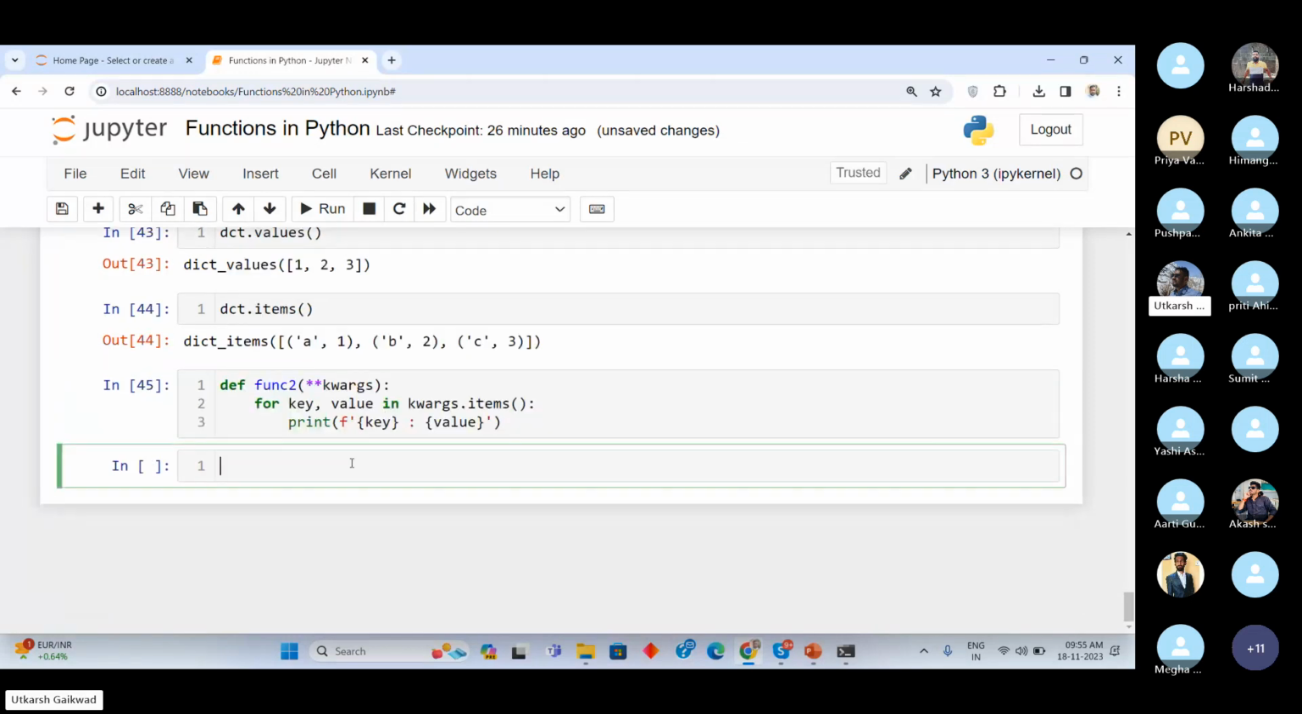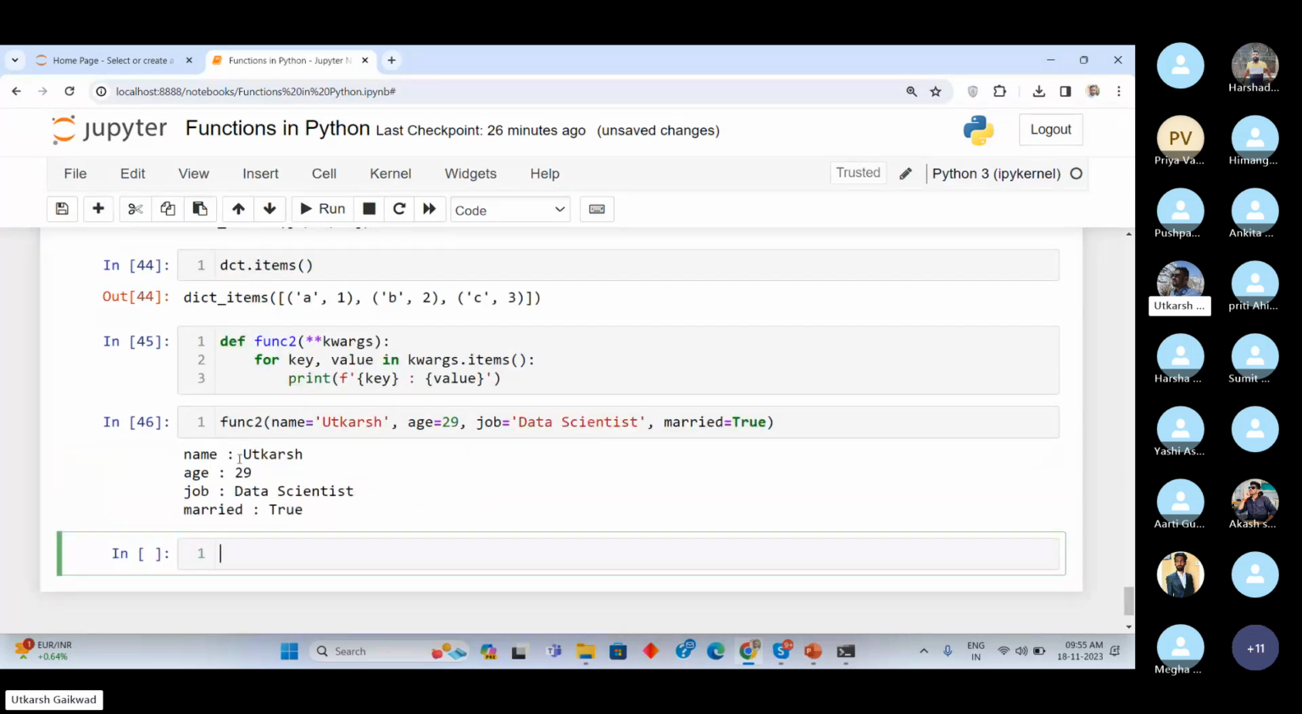So if I write like this, function 2, here I am going to write keyword arguments like this. So name is equal to Utkarsh. Then age is equal to 29. Then job is equal to data scientist. And I can write multiple keyword arguments. Married equal to true. So as soon as I execute this, it is showing me these are all my